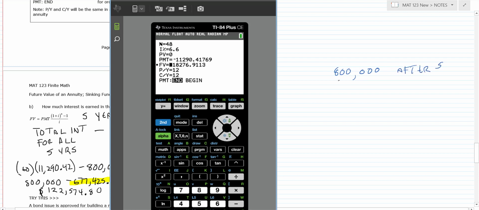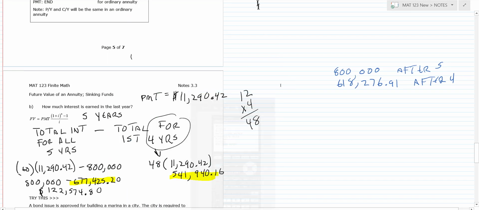Okay, and what we have is $618,276.91 after 4 years. Okay, so we got that. All right, now remember what we're doing is we're finding the interest in the last year only. So what you would want to do on this then is we've already got the interest for the total 5 years. So we've got after 5 years,